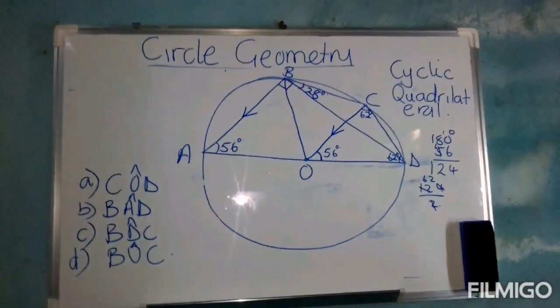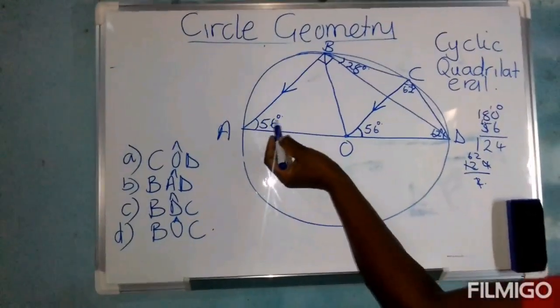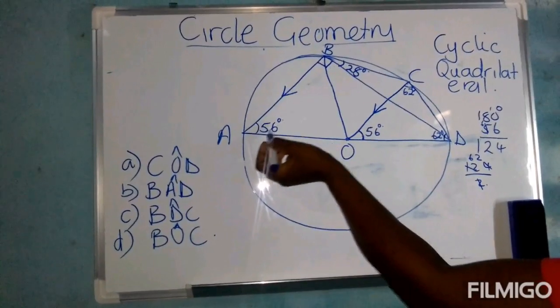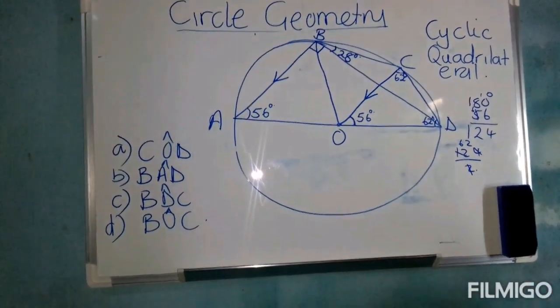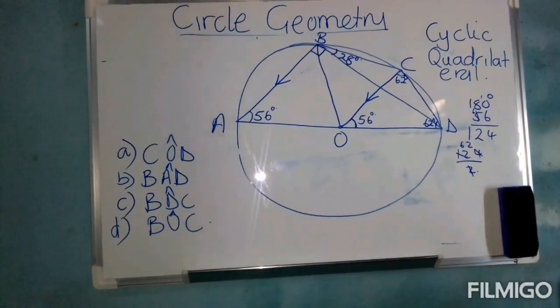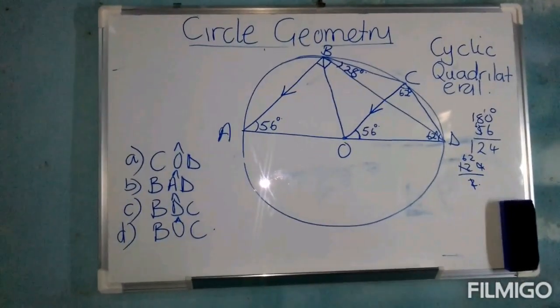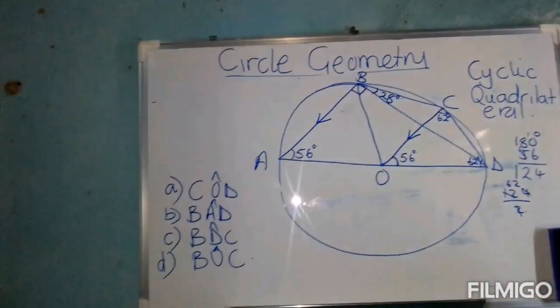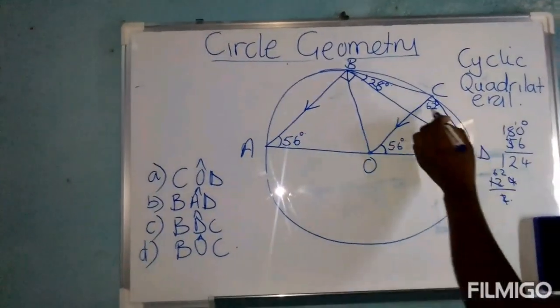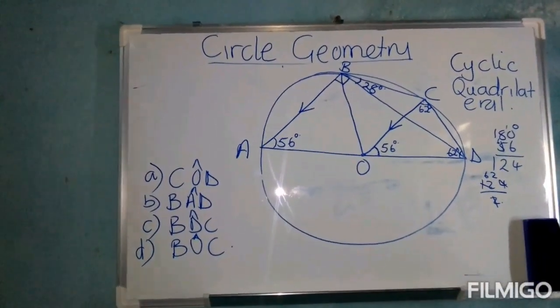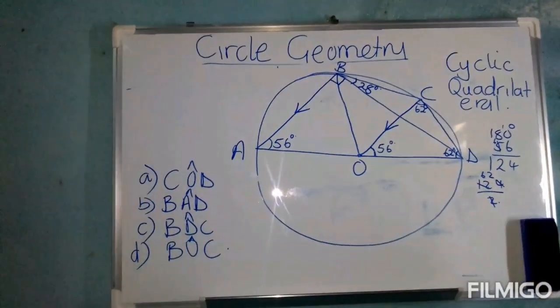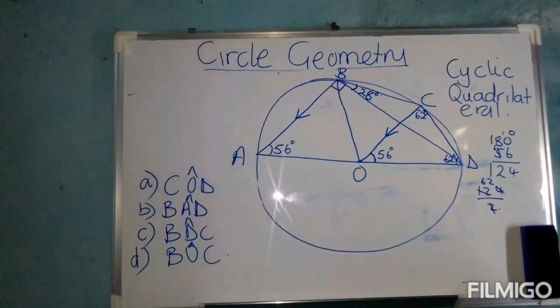Then if we look closely there, we have this 56 degrees, we have this 62 degrees, we have this 62 degrees, and